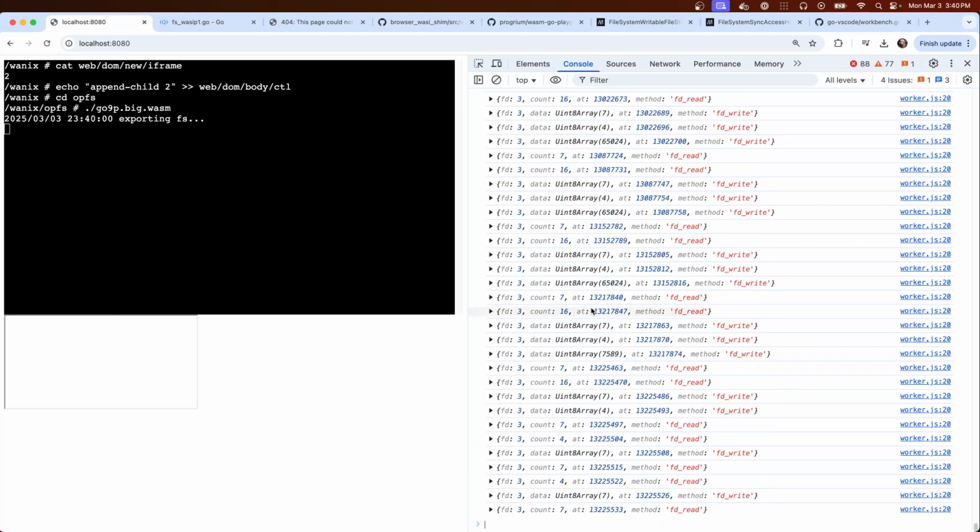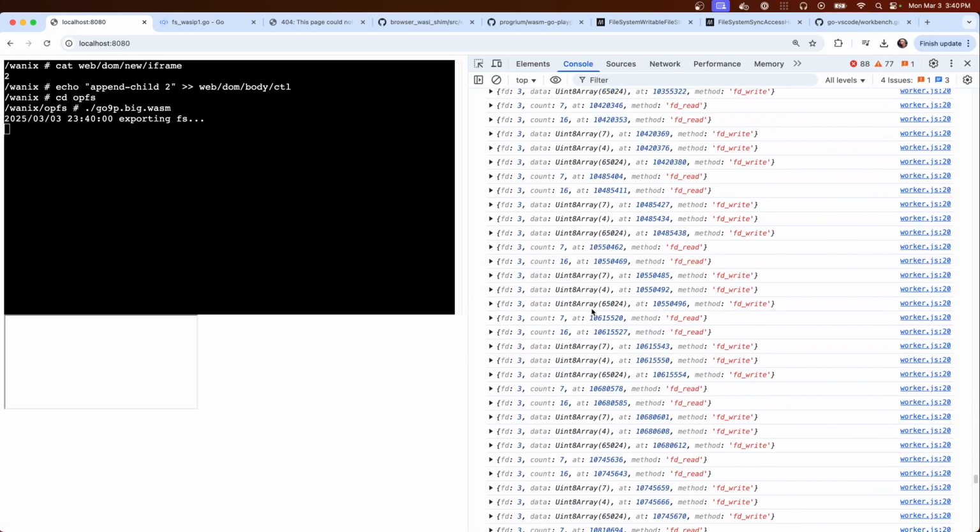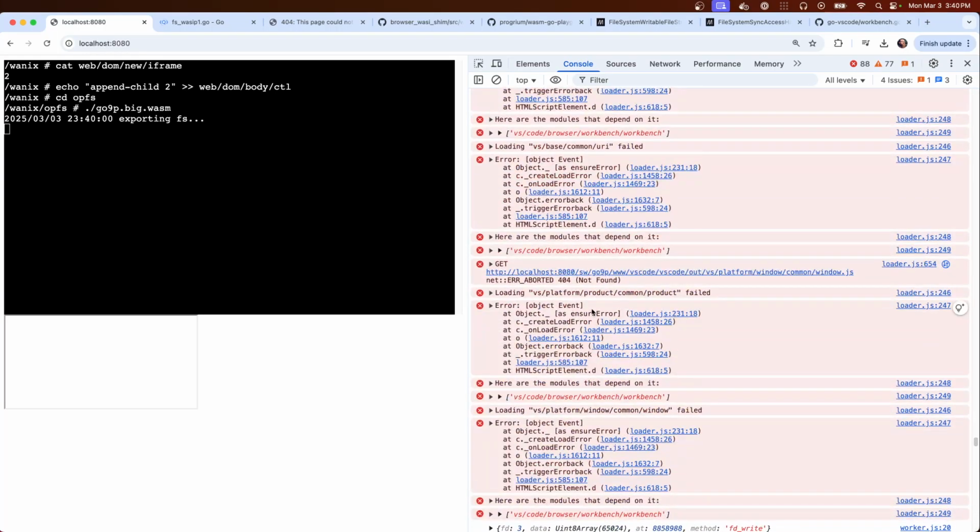What? Does that not work? VS Code out platform, it should.